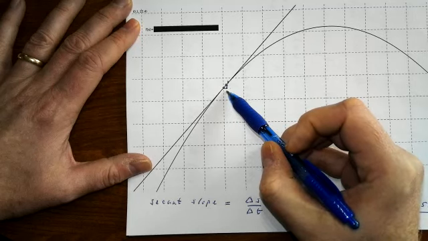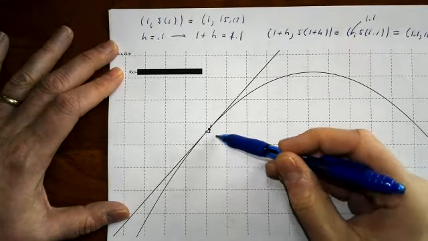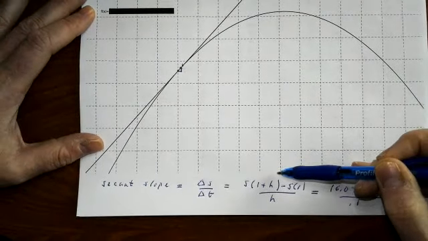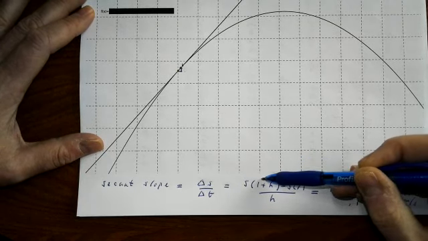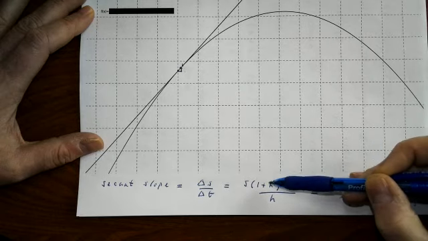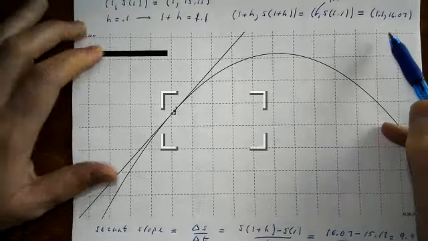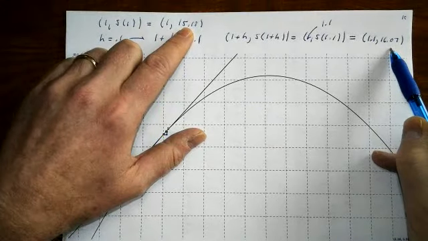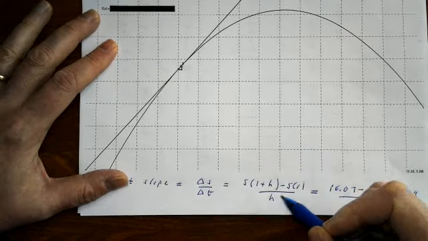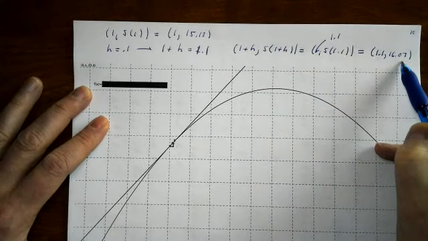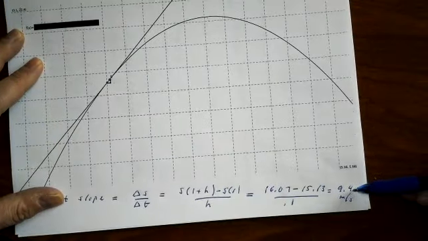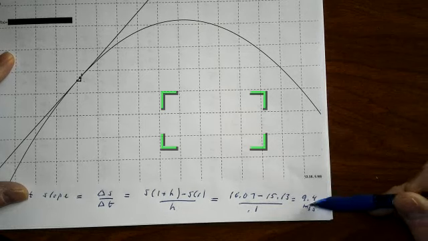The length of the base is 0.1. The height is s of 1 plus h minus s of 1, just like on the previous page, but in this case, 1 plus h is 1.1. So the numerator is s of 1.1 minus s of 1, and that's going to be a small difference. But we're dividing by h, which is small as well. If we take these quantities, 16.07, and subtract 15.13, and divide it by 0.1, we get about 9.4 meters per